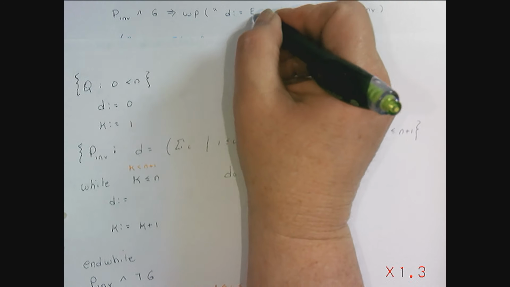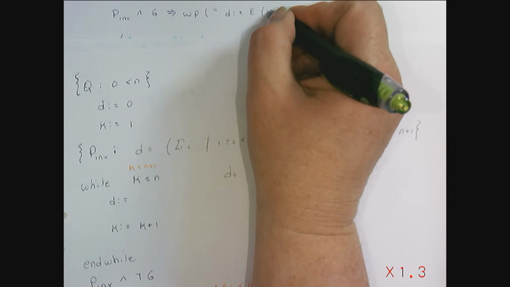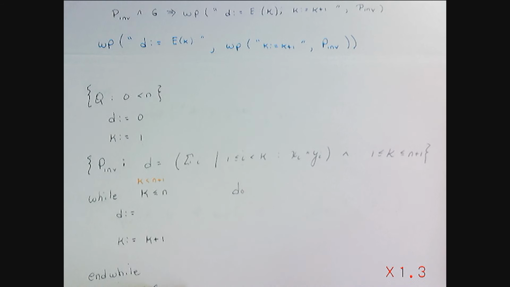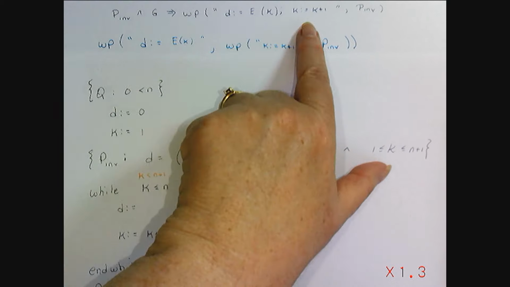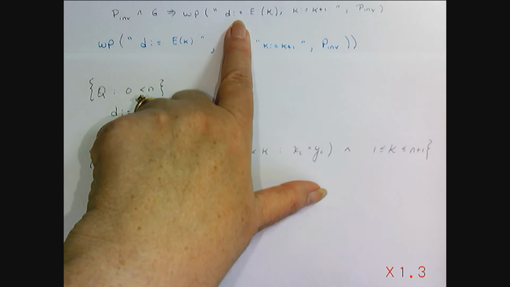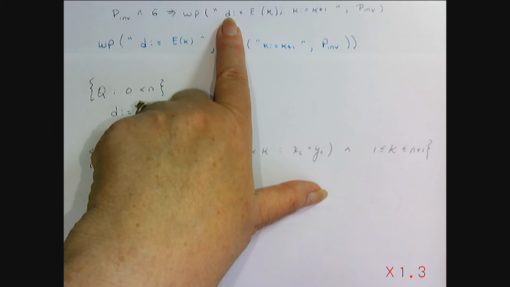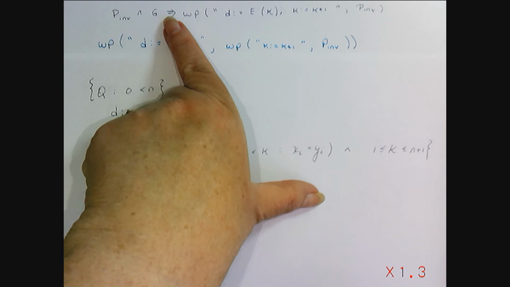And this update to d could be a function of k. And so what I need to do is determine how to pick the expression for d to make this predicate